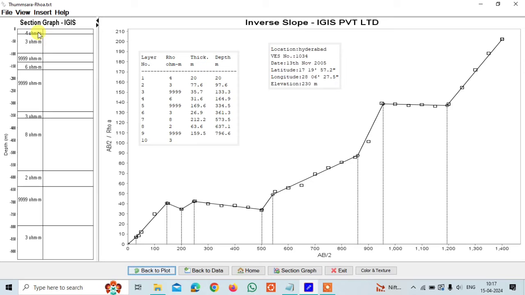So here if you see, there is a 4 ohm and the 3 ohm and the 999, and again you have 6 ohm and the 999 again, 3 ohm, 8 ohm. This is how you will get the section graph with the depth. And here you will see the thickness of the layer and then the depth of the layer. So this is one layer and this is another layer. There is a change in the layer and there is a change in the layer. This is how you will see different layers, and this is completely the open bedrock type,